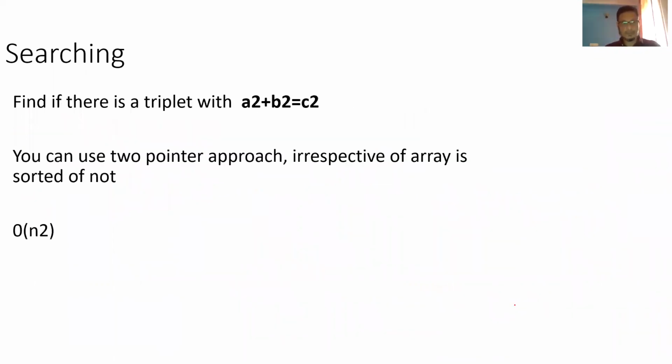Again, the same thing can be done. Given a question like find a pair where a square plus b square equals c square, you will be able to find it in big O of n square. Apply the same logic. Instead of just checking the number, you multiply the same number with itself and check if the addition of the two pairs exists for that given number. This is how we can do it.